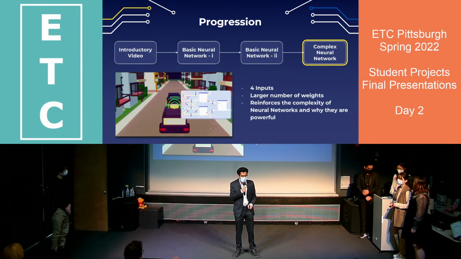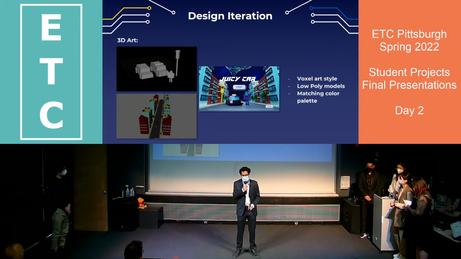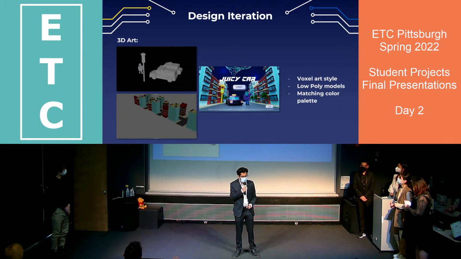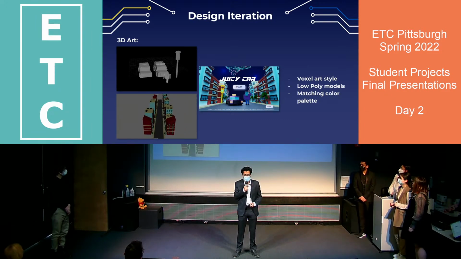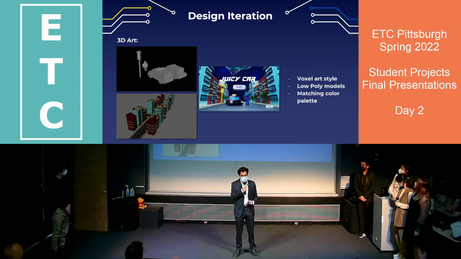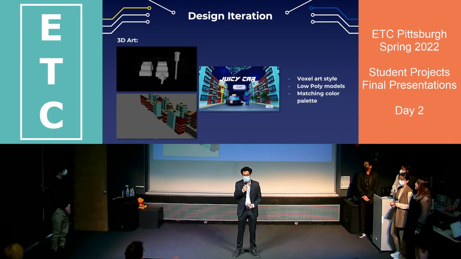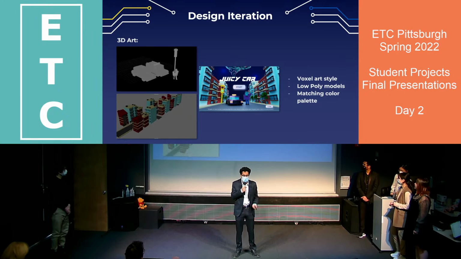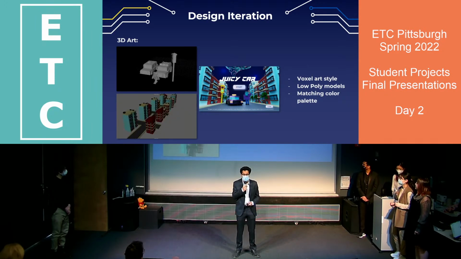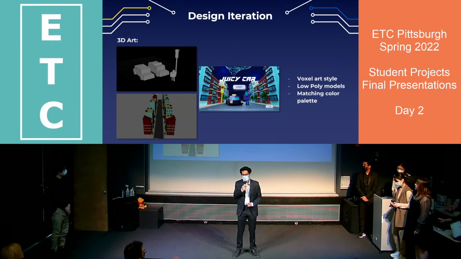So to reach a final product, we went through a lot of design and tech iterations. So we'll go through them. So for the 3D part, we went ahead with the voxel art style because we wanted to keep the poly count really low. And since our game is heavily dependent on particle systems and runs on WebGL, again, we wanted to keep the loads on the browsers low. And we tried to match the color palette from 3D and the 2D UI to keep the whole experience a bit more cohesive. So I would like to invite Shireen to talk more about the 2D UI part.